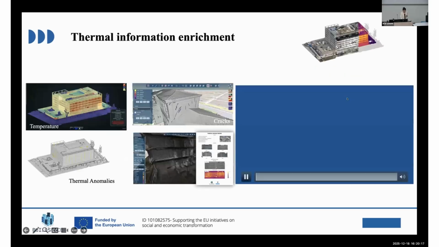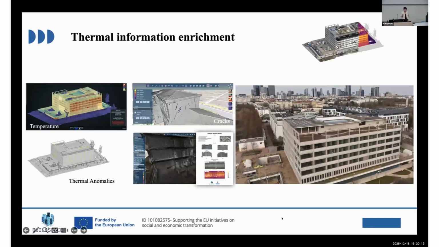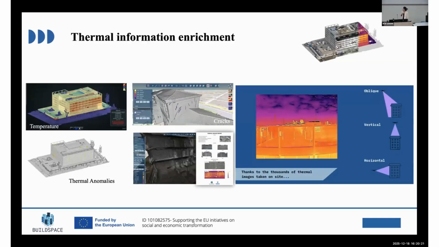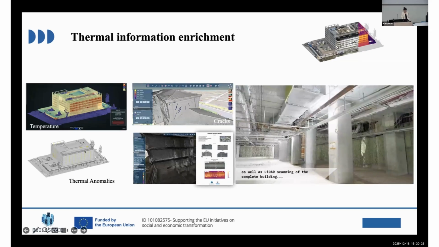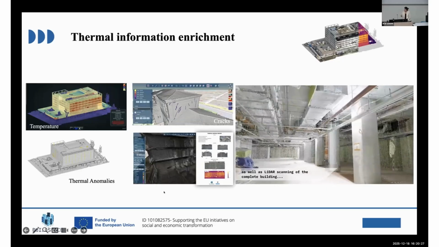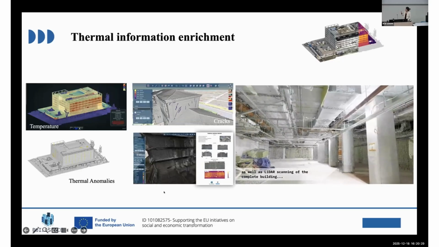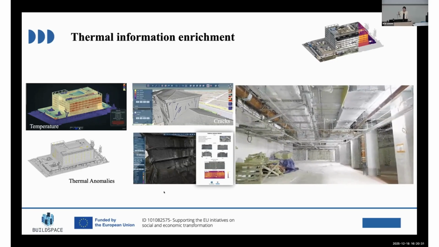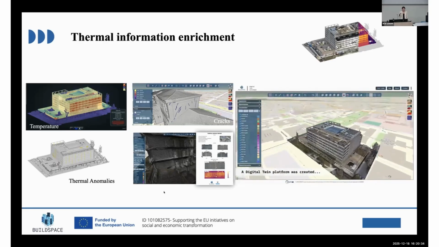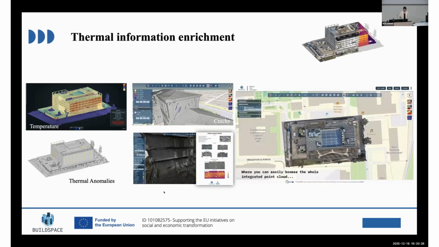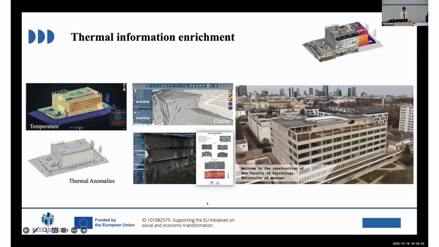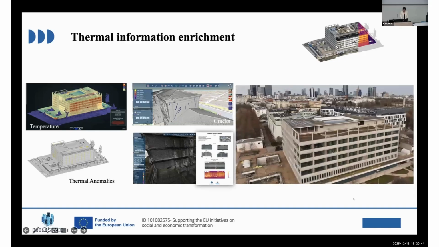Okay. Here's a very quick example of how the thermal information is enriched inside. Because we don't need the thermal information in the FC, because it is like a city level decision, we just put it in the mesh. Yeah, and that's all for that part.